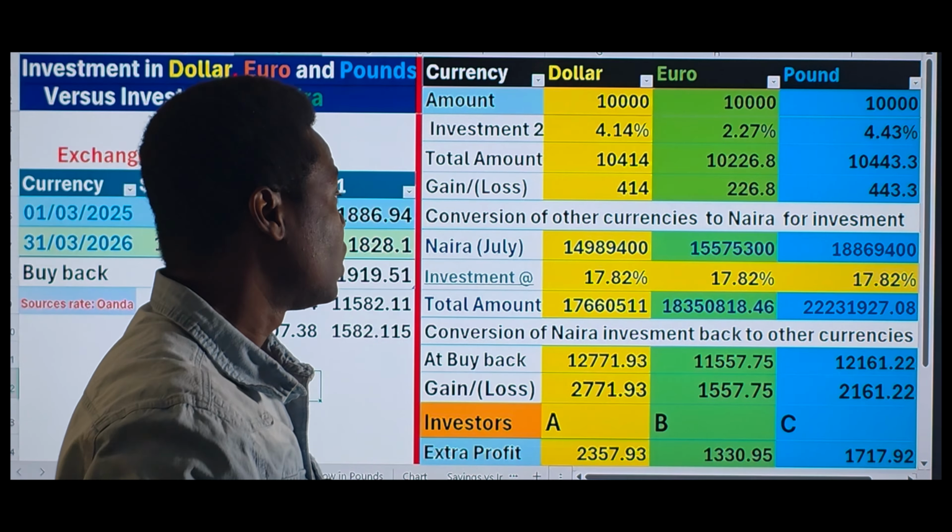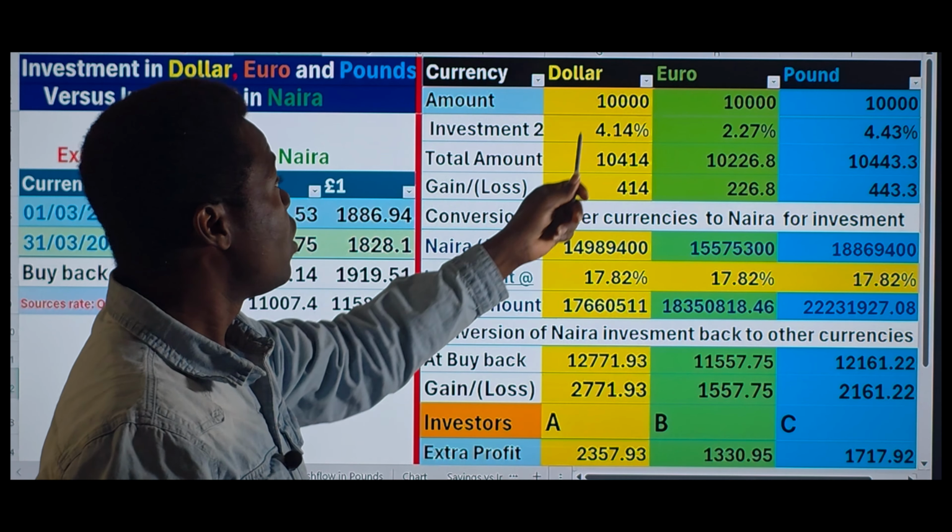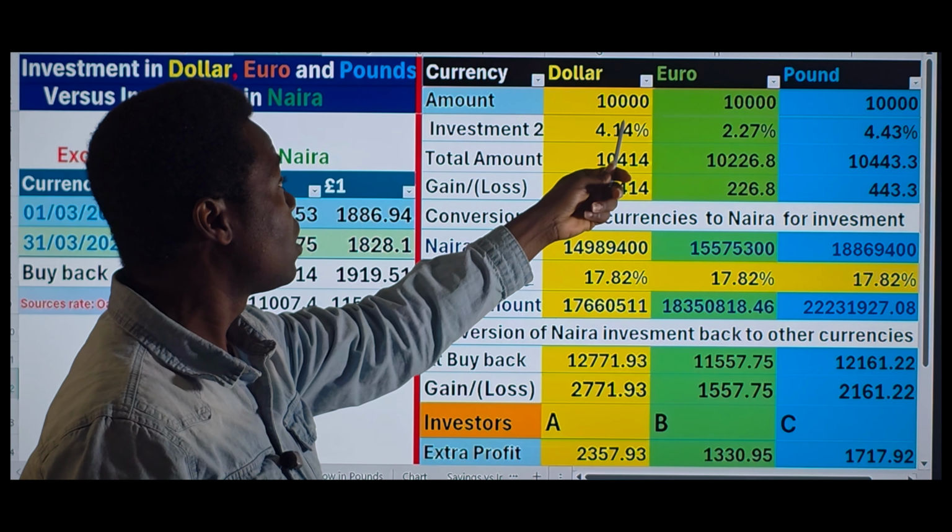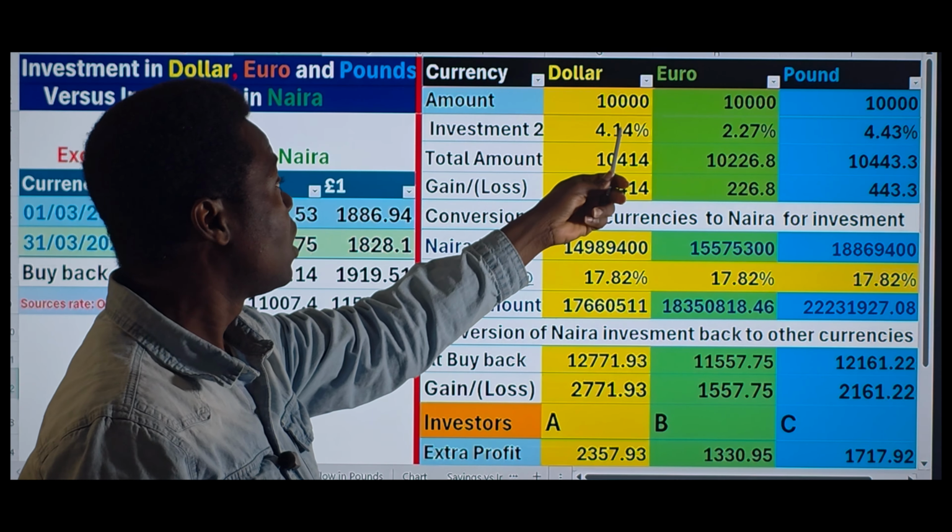Now, investor A, who lives in America, has the option of investing his $10,000 in the USA or investing it in Nigeria. If investor A invests his $10,000 in USA Treasury bill at an interest rate of 4.14%, the total amount of the investment as at the end of that investment, which is 31st of March 2026, will be